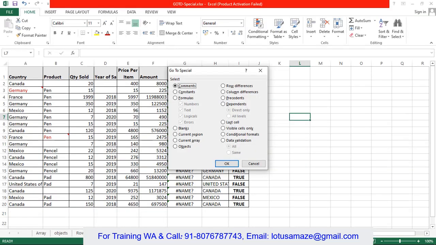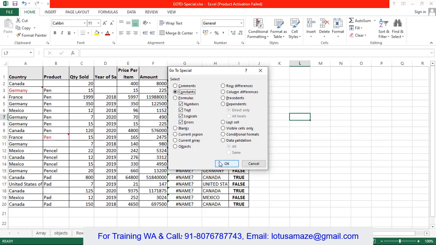Now we check the next one, that is Constants. So what does constant mean? The value which does not include any function, any calculation or any error. A static value, that is the constant. Those values could be numbers or text. By default, all are selected, including numbers, text, logicals, and errors.